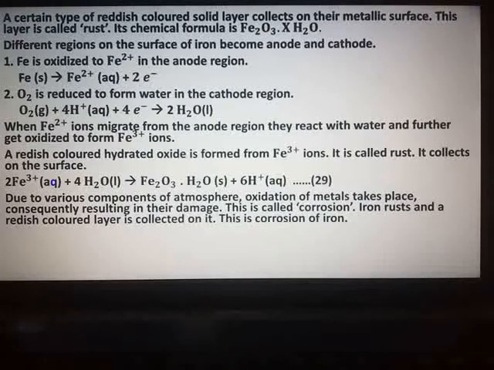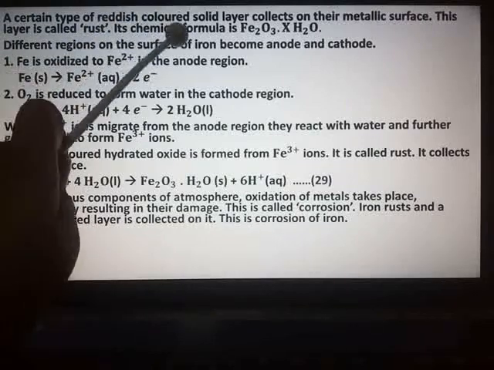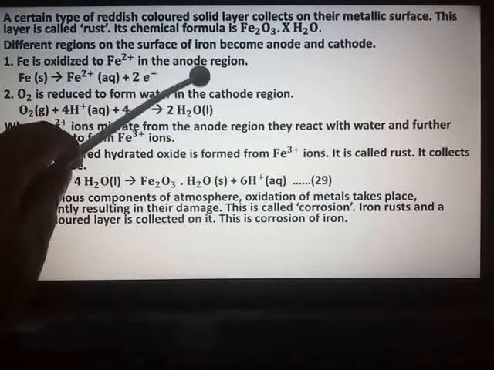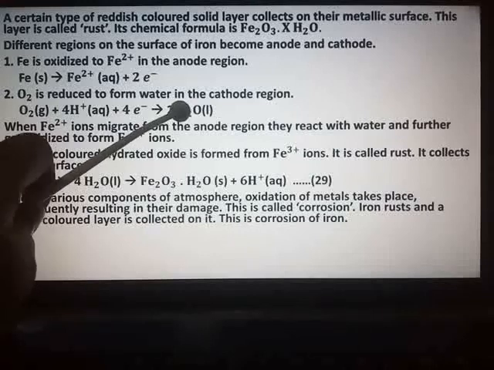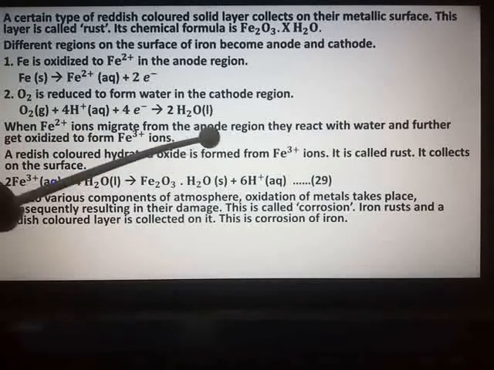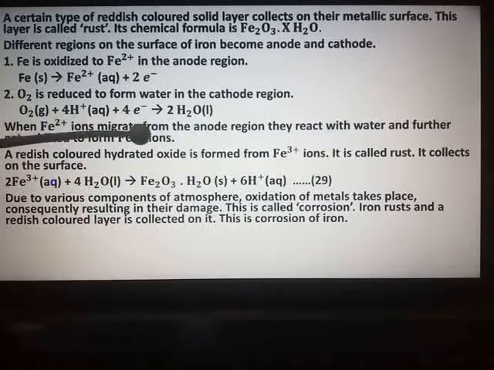At the same time in the cathode region, now here both the regions are on the surface of iron only. One is anode, the other is cathode. So oxygen from the air in the gaseous form combines with hydrogen forming water, and then these Fe2+ ions move from the anode region, come in contact with this water and get oxidized to form Fe3+ ions, and then a reddish colored hydrated oxide is formed from the Fe3+ ions, which is known as rust, and you can see it collecting on the surface of iron